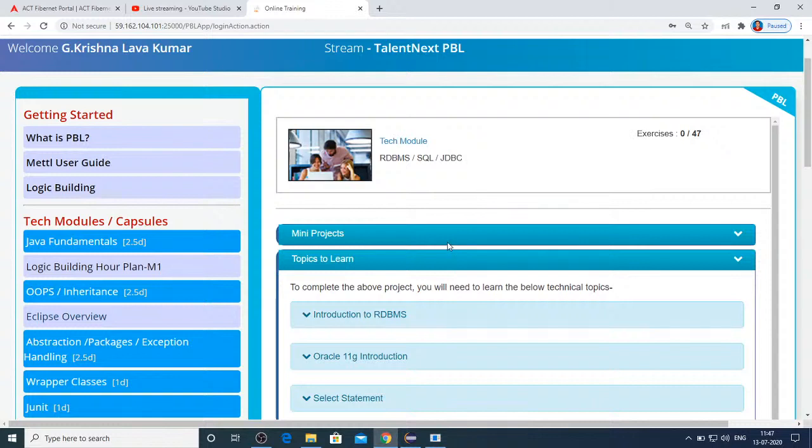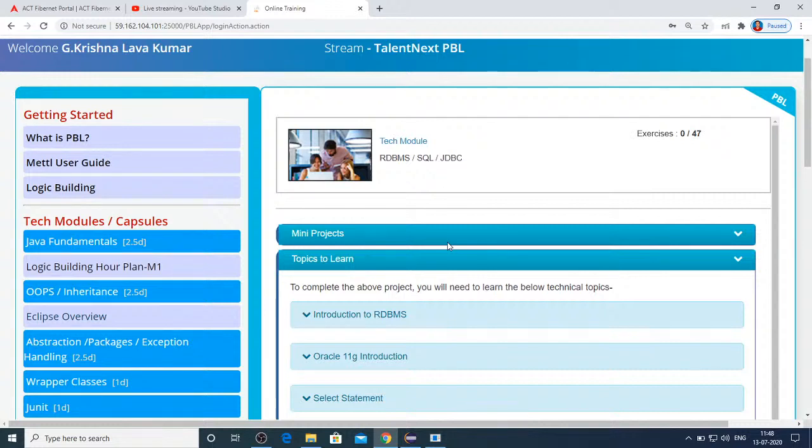So I can see only one query. What is a driver? So basically, a driver is nothing but a software component. Apart from that, nothing else. A driver itself is nothing but a software component that will let the front-end Java application interact with the back-end database. So that's what a driver is all about. I hope whoever posted that query got their answer.